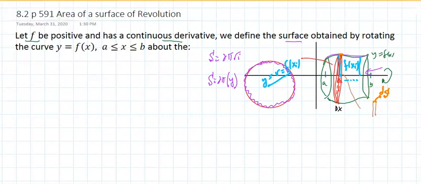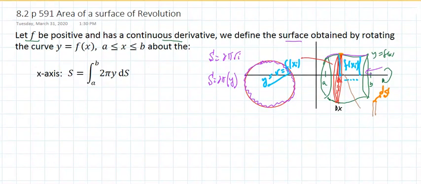So, when I want to figure out what is the surface area, I'm going to say S, which is the surface area of this revolution, is going to be the integral from a to b, 2 pi y, but when I want to say dx, I know that dx has an extra ds associated with it, right? And that's really equivalent, instead of using dx, for you to say ds, because that's an arc over this change right there. And if I revolve this about the y-axis,